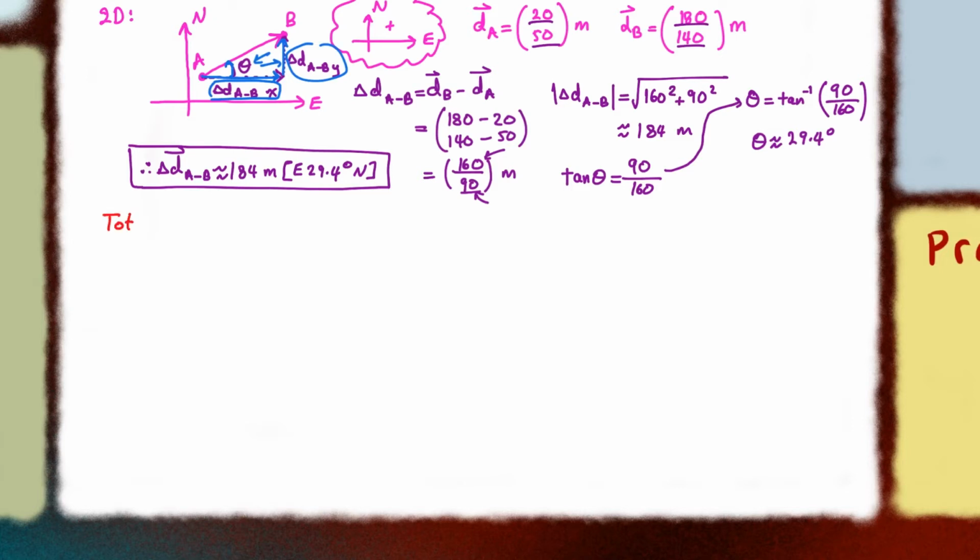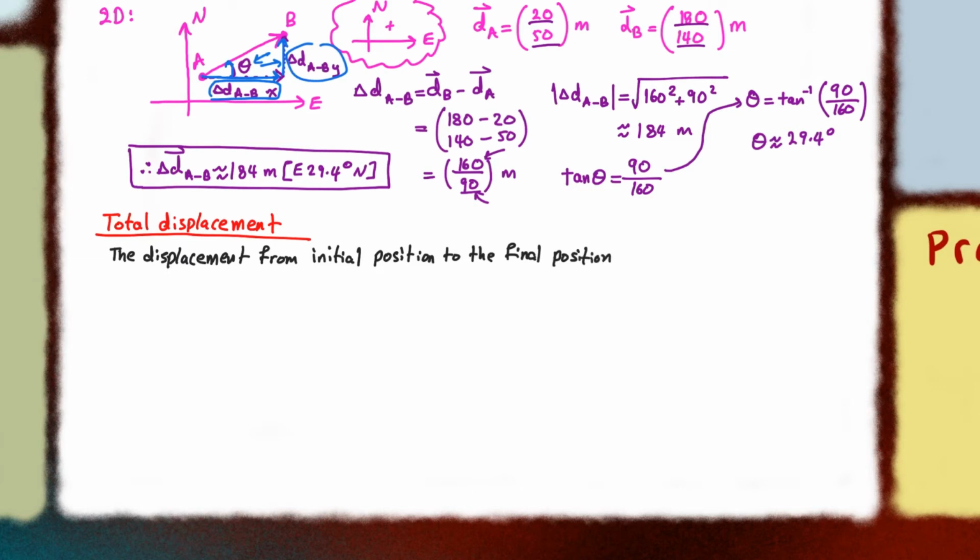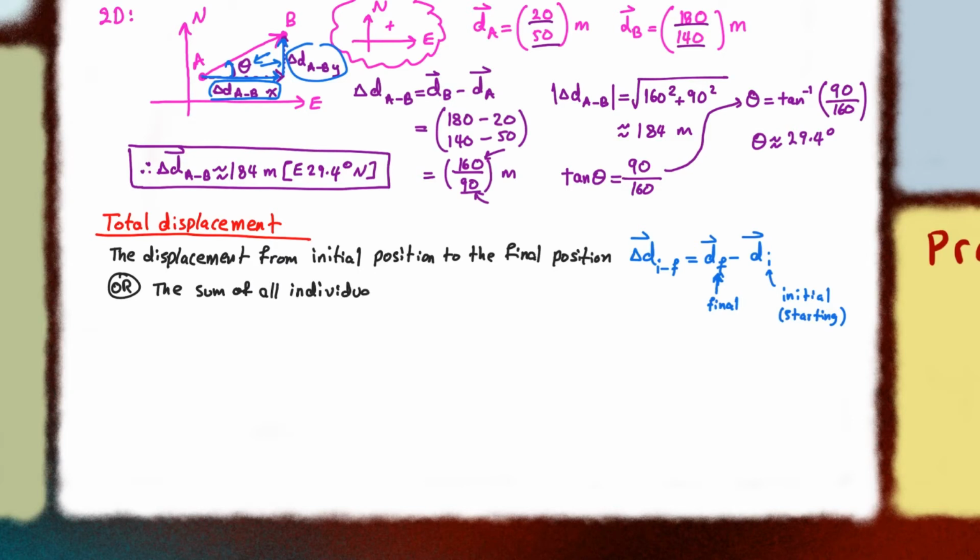Now let's look at the idea of total displacement. Total displacement is the displacement from the initial position to the very final position. So it can be calculated by taking the final position and subtracting the initial position from it. If we don't have the initial and final position, the total displacement can also be calculated from the sum of